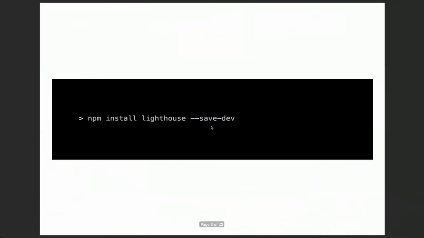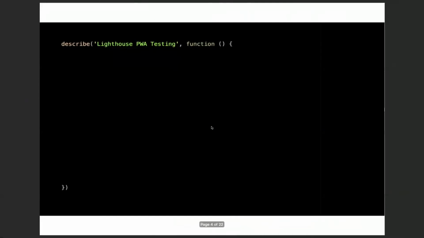So that's already nice, but there is something I like even more with Lighthouse. It's the fact that it's a node module. So it means that you can use it programmatically. You can use it in your automated test, for example, and prevent regression by integrating this test with your CI. I like to write Mocha tests when I'm working on a JavaScript application. So let's try to write such a test using the full power of Lighthouse.